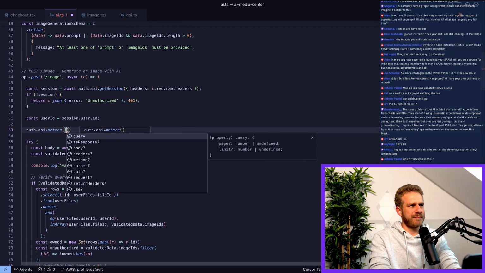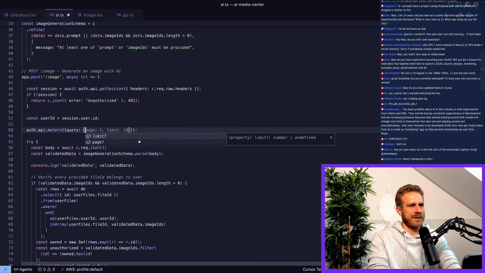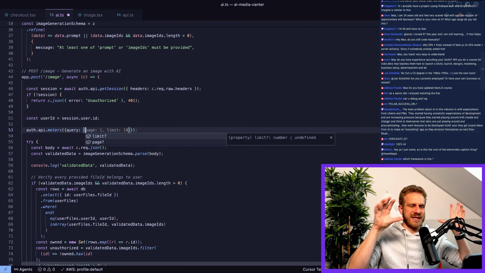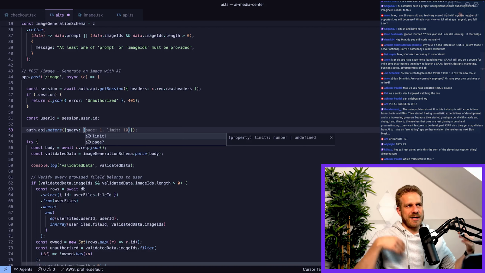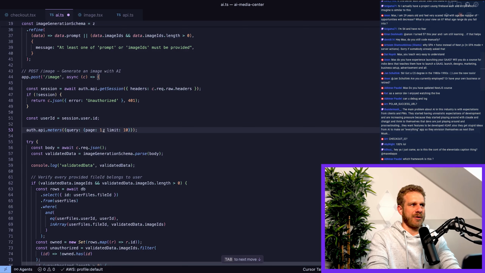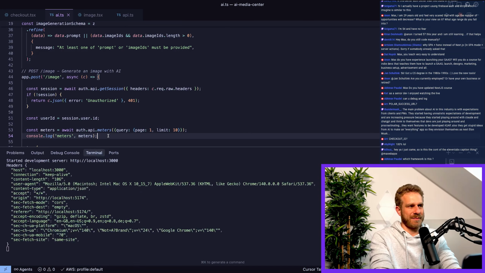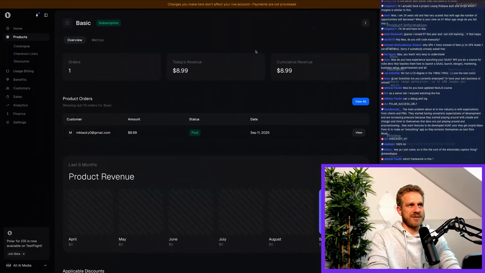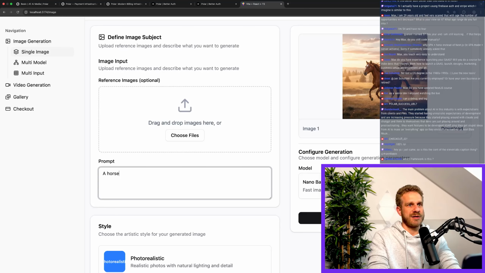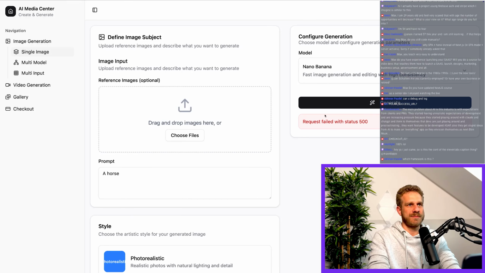To which I need to pass a query. And that's all in the official docs, by the way, how you use these APIs. And there, if a user had multiple meters attached to them, multiple counters, I might have pagination. Here I know I only want to get the first 10 counters. For me, users will only have one counter anyway. So I can then log that meters information here, and I'll open my console so that I can see it. And now whenever I try to generate a new image,